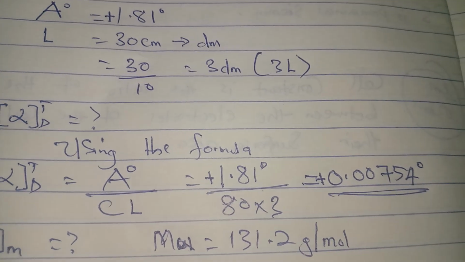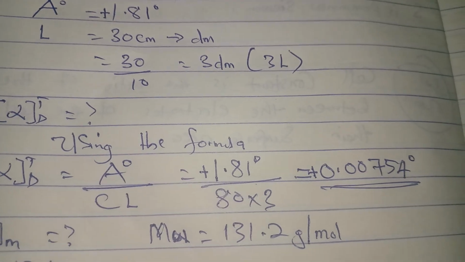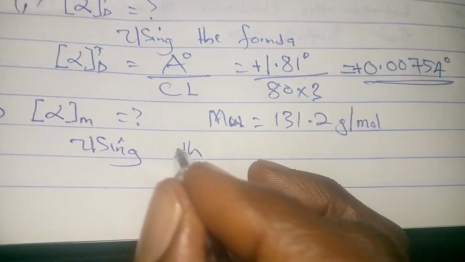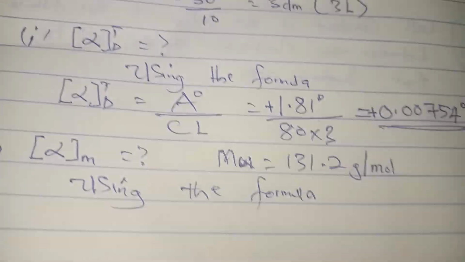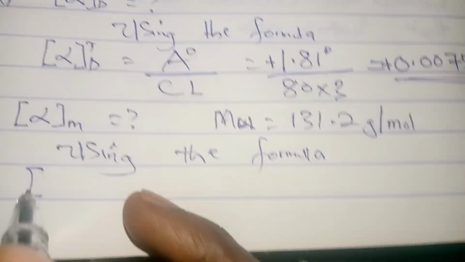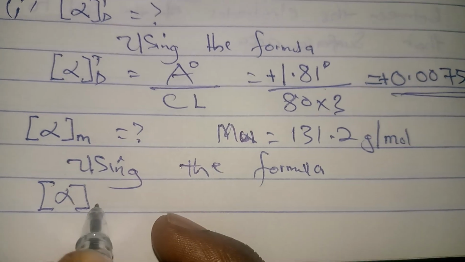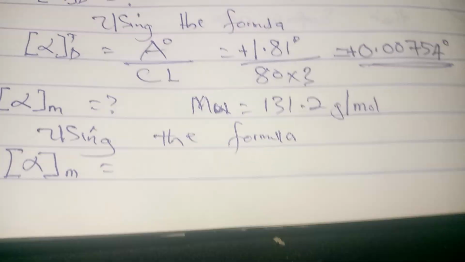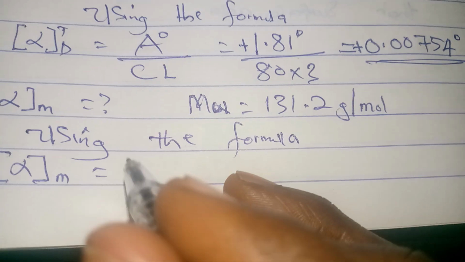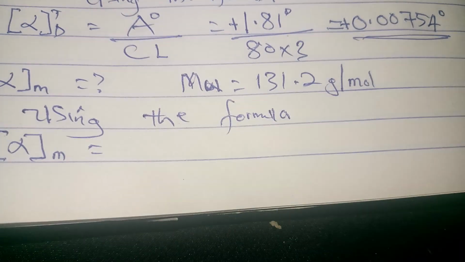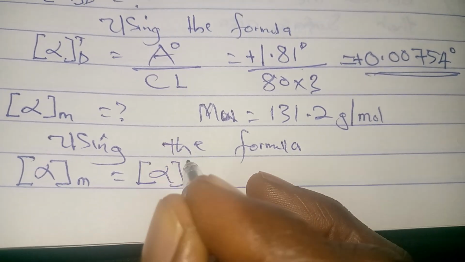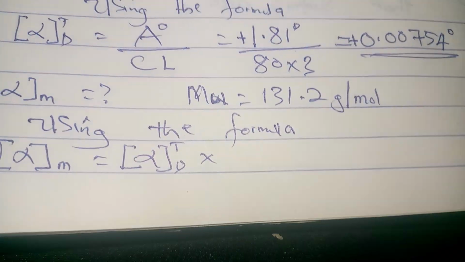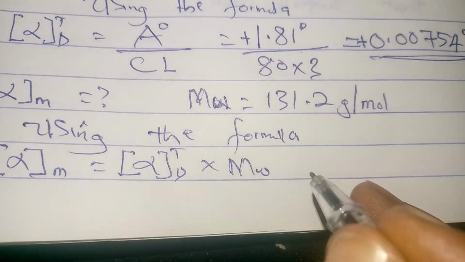So using the formula, the formula for finding this is given as this: the molar rotation equals the specific rotation multiplied by the molar weight,